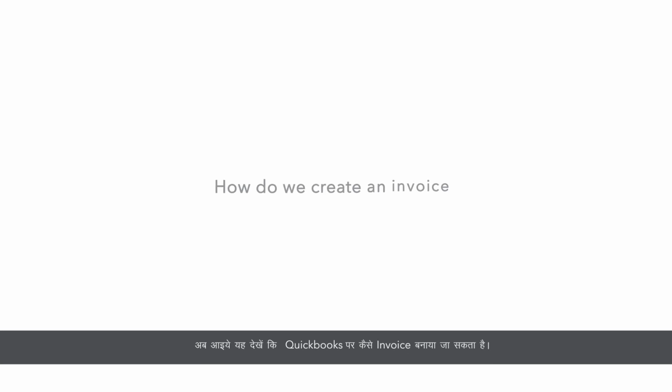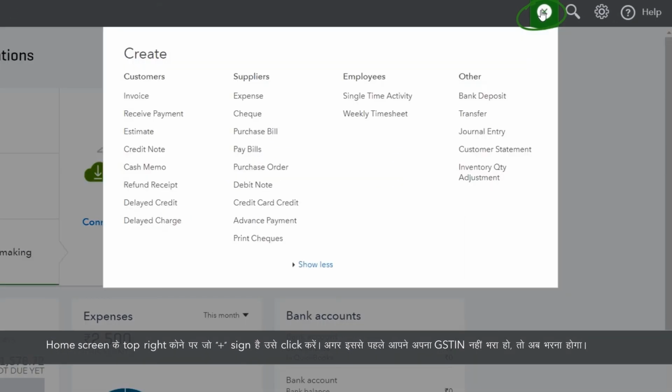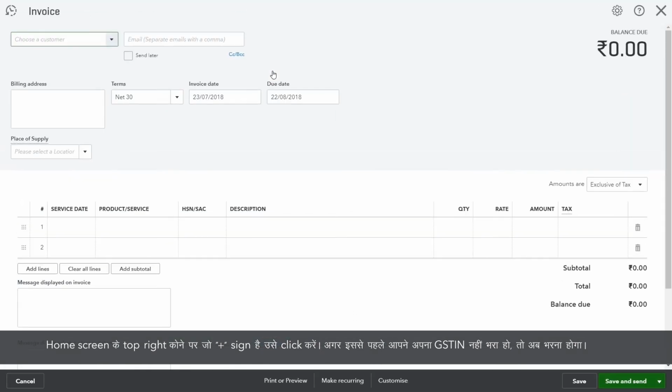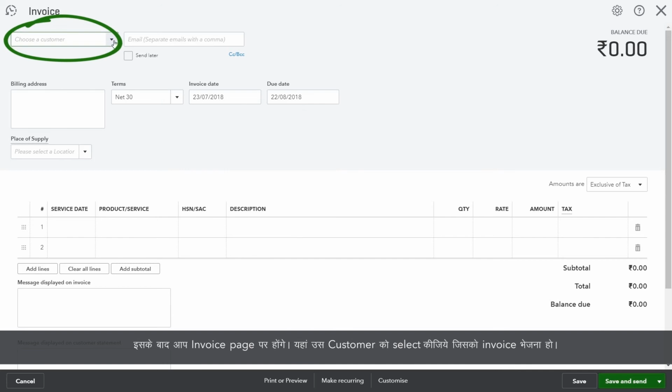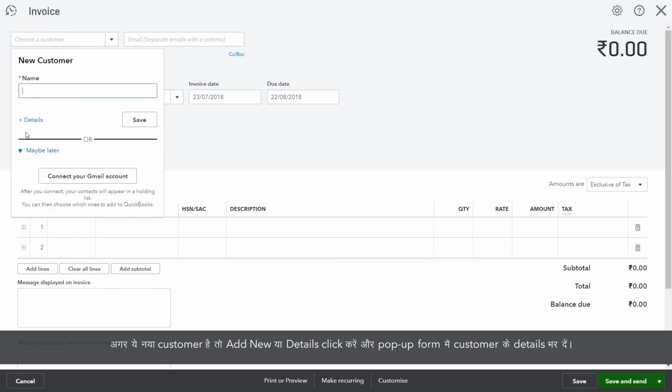Next, let's learn how to create an invoice on QuickBooks. Click on the plus sign on the top right corner of the home screen and select Invoice. You might be prompted to enter your GSTIN if you haven't done it before. On the invoice page, select the customer you want to invoice. If this is a new customer, then click on Add New to add the new customer instantly, or click on